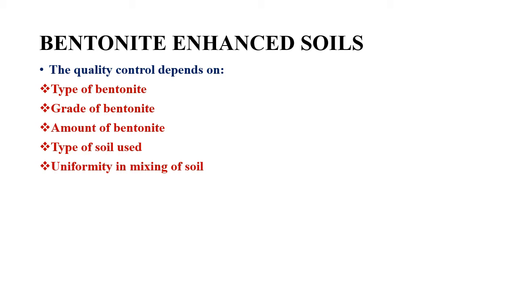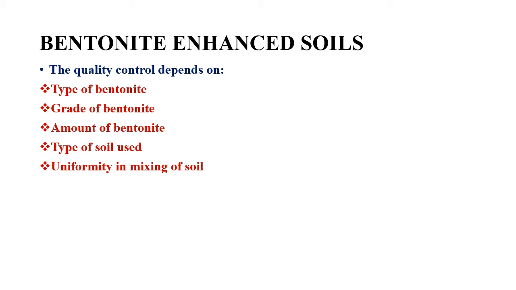So we generally determine the quality of bentonite by means of Atterberg limits. Okay, so usually we conduct the liquid limit for these bentonites, and we call a bentonite a high quality bentonite, or more specifically high quality sodium bentonite, if it has a liquid limit in the range of 500 to 700 percent. Okay, so if the liquid limit value is high, that is what defines a bentonite as a high quality or high grade bentonite.